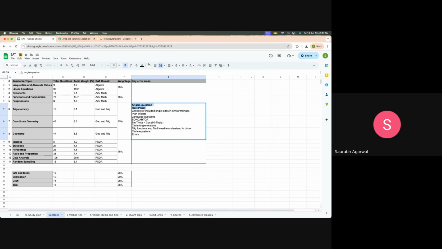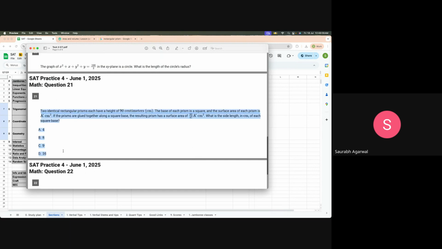Okay. There was a question about rectangular prism and you made a mistake where the two prisms were combined. Let me show you. Okay. And actually you then got it right because then two edges of the rectangular prism were pasted together. So the area had to be reduced. Okay, this is the question. This one. Okay, keep in mind, right? This we had discussed. Okay, they were glued together along a square base. So you have to keep in mind that the square base, which has an area of a square, the prism is glued together by it. So out of the total surface area, you have to subtract 2a square because both the squares are now hidden. Okay,